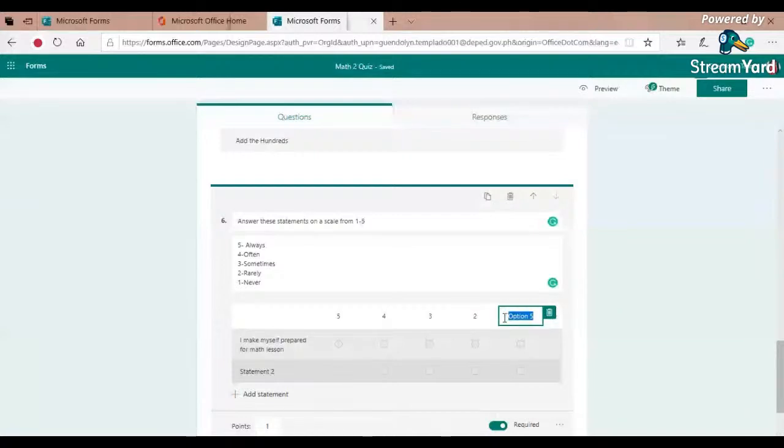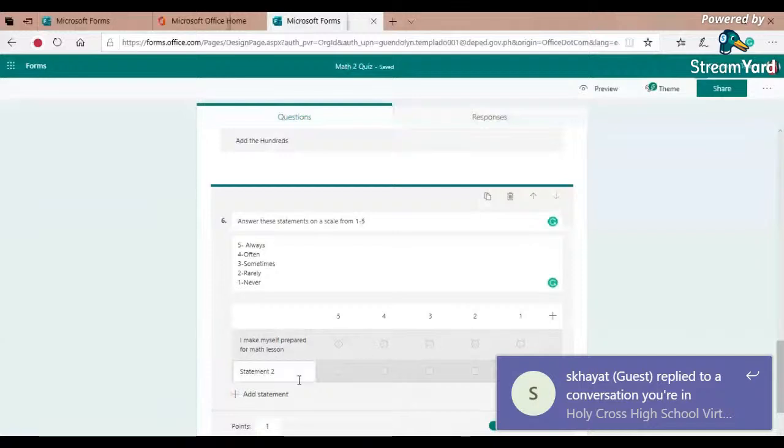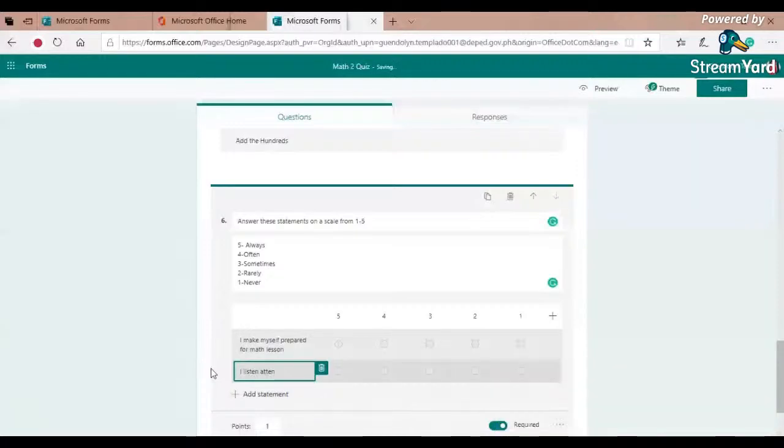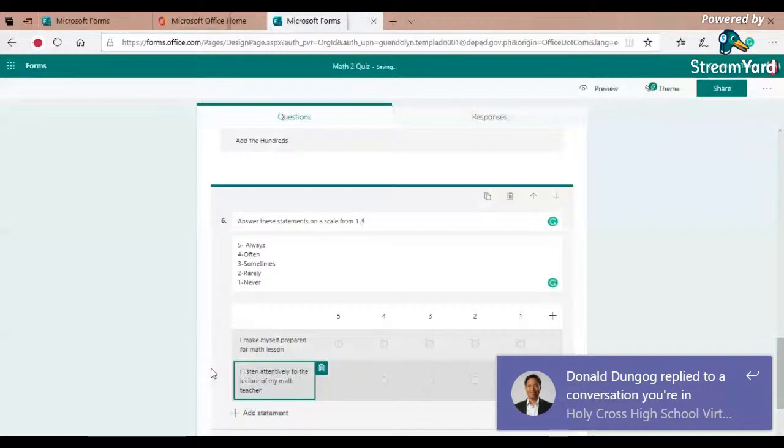You can just click that add options or the plus sign. So for that particular statement, I make myself prepared for math lesson, and they will just take 5, 4, 3, 2, 1. And then, I listen attentively to the lecture, math teacher. That's the example for the Likert option.